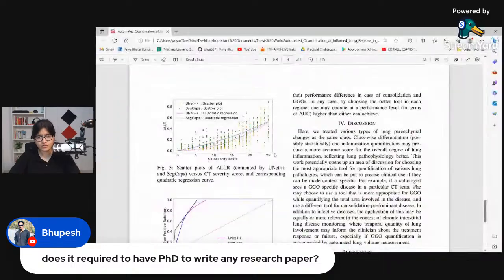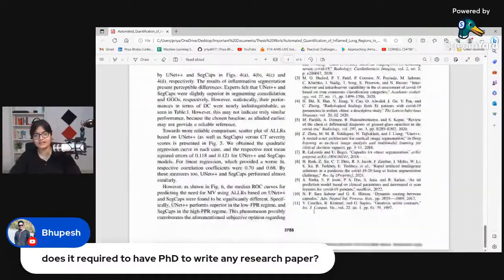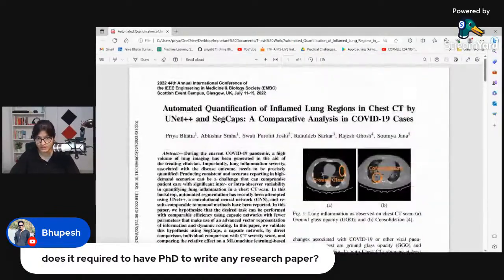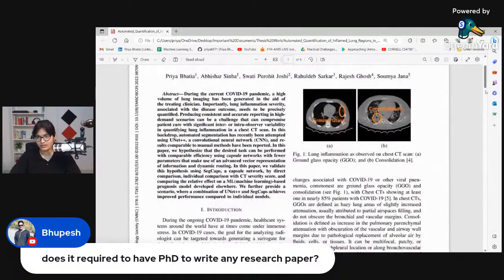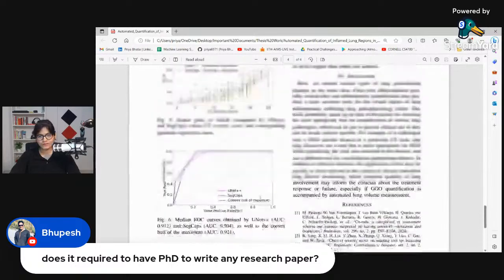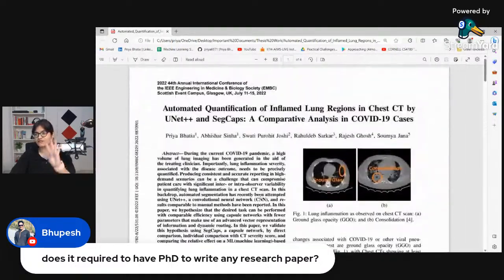So here, if you observe, I have talked about the discussion, then references are there, and at the very end, I have written down the abstract part as well. Now, one very important thing here, if you observe, I think it's a four-page research paper, right? One, two, three, four. There are 4 pages in my research paper.